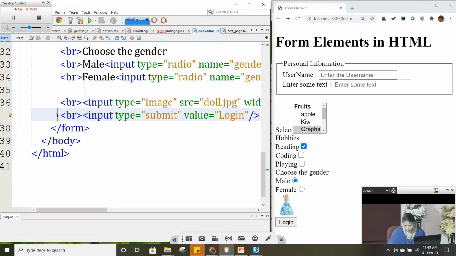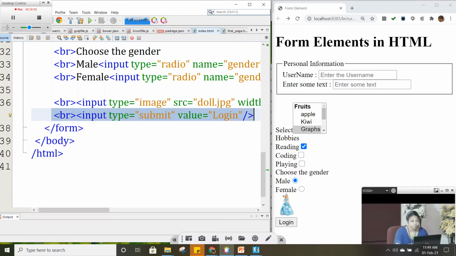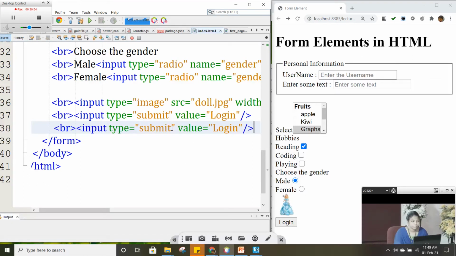Now we are going to concentrate on other interesting form elements. Here we will use one more button. Instead of the type submit, we have another value called reset. What is the use of reset? It will automatically clear all the values entered by the user. Here we are going to give the value as clear.